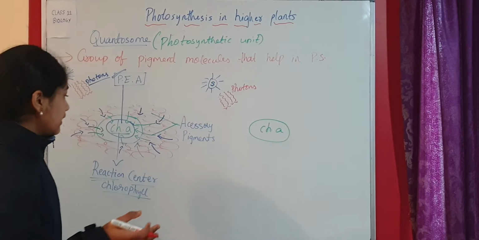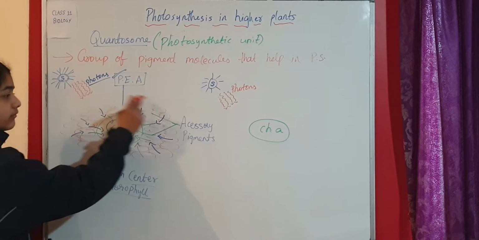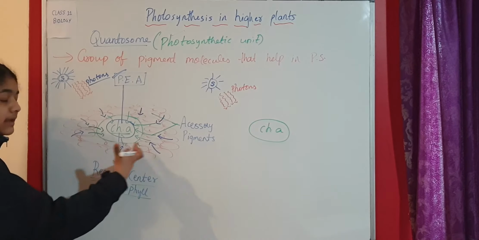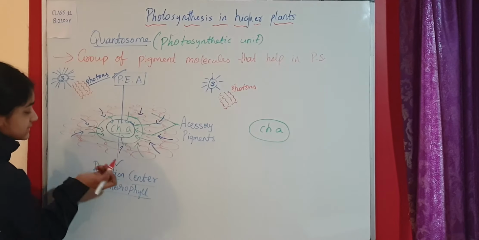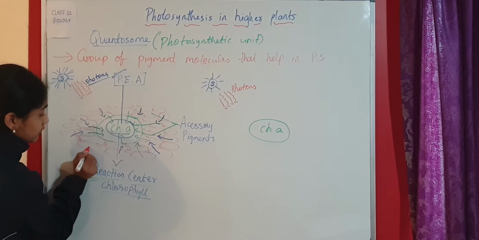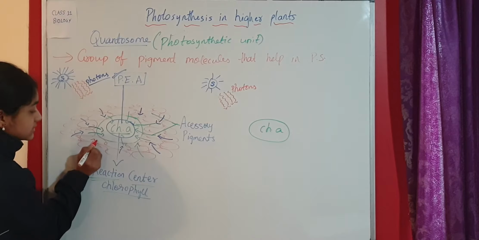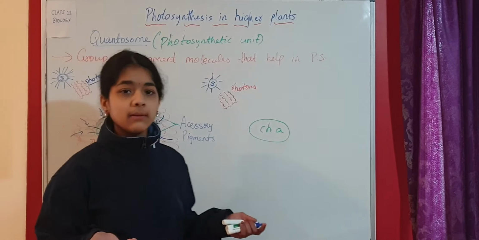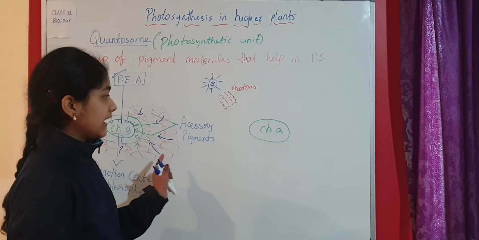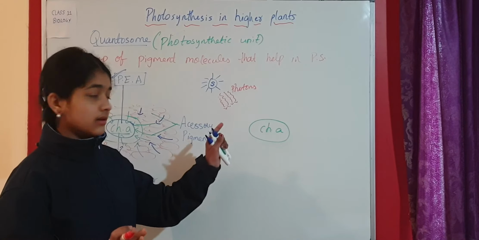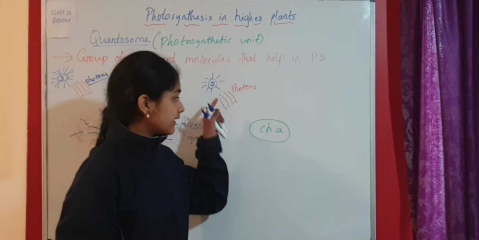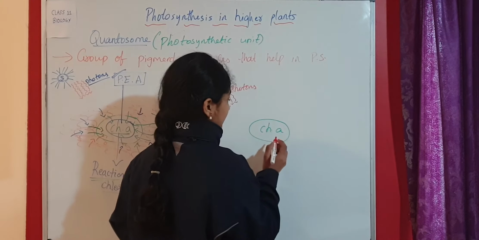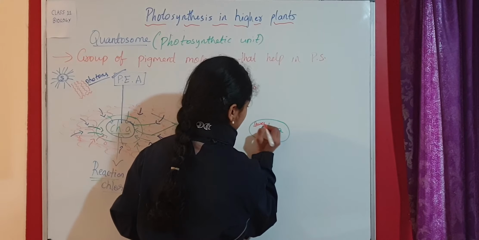Now when these photons are coming in the normal case, they fall on the outer accessory pigments, and some energy is lost when passing on. Let's take this for our understanding: if this molecule passes on the energy to this one, and again this to this one, some energy is lost. But here there are no accessory pigments, no helping pigments which cover this chlorophyll A. There is just one chlorophyll A and the sun, and the photons are coming, the energy is coming and falling on the chlorophyll A directly. And this chlorophyll A has lower energy.